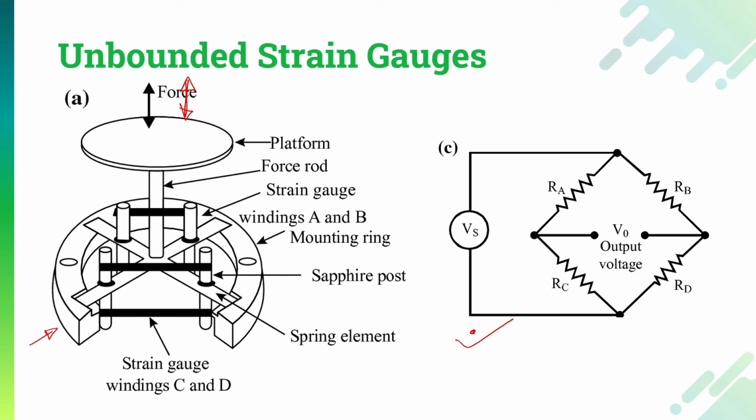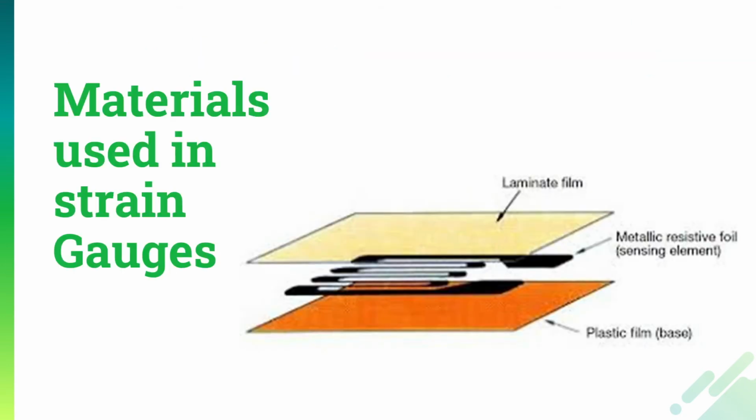Now let us check out the materials that are actually used with the strain gauge. There are a total of 3 varieties of material that are used. Very first, the strain gauge material itself. So we are going to check out what kind of strain gauge materials we are using. The second material is the backing material. We are just going to check out the properties of the backing material, and the third material that we use is the bonding material to fix the strain gauge on this particular base.